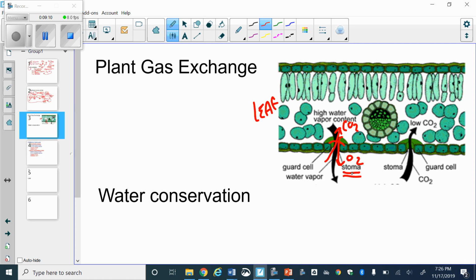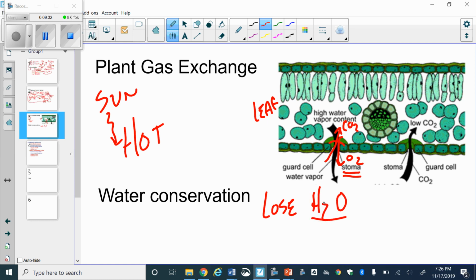So they're exchanging those gases and they're letting that water out. So there's a big issue with this, right? If it gets really stinking hot out and the sun is beating down on the plants, and they want to do photosynthesis, they're going to be opening their stomates so that they're getting rid of the oxygen and allowing the CO2 in. But the problem is, if they keep doing that, they're going to lose water. The plant's going to start dehydrating, and if it hasn't been a wet time period, we haven't had rain, then as it loses water through this open stomate, it's going to dehydrate more. So what is it going to do? It's going to close its stomates